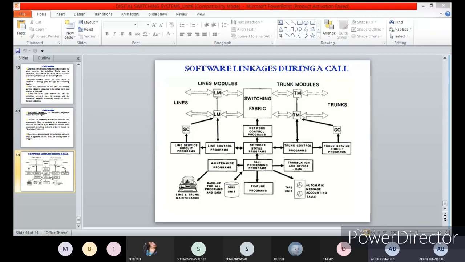That is called the outgoing trunk modules. These outgoing trunk modules are used to establish a call between the two parties through this switching network. Again, the line module and the outgoing trunk are constantly scanned to detect disconnect from either of the parties. Suppose both the parties are within the same digital switch, then it is called an intra-office call. Suppose both the parties are in different digital switches, then it is called an inter-office call. Okay, clear?